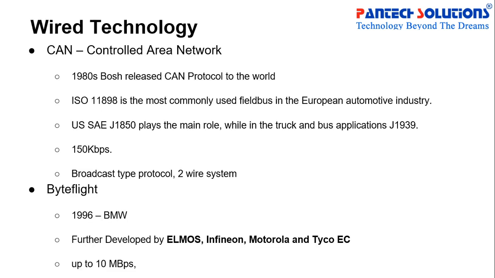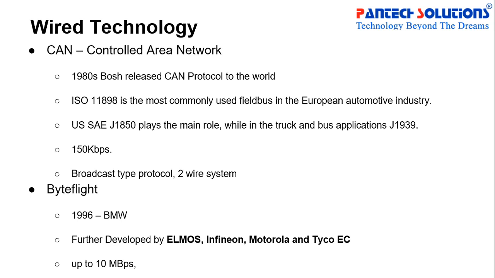In the CAN network, that is a Controller Area Network. Bosch invented this protocol in 1980, and it has a two-wire system. So this CAN is a two-wire system, and its speed is 150 kbps. Generally, it's a broadcast type of protocol. If the master can spread the message to the entire subsystem,